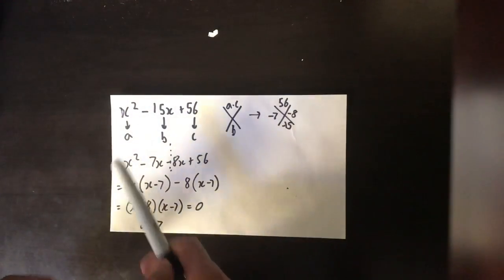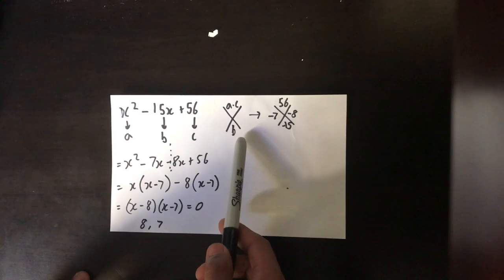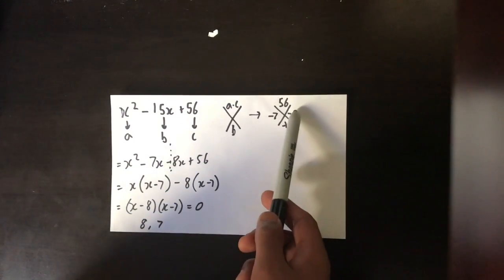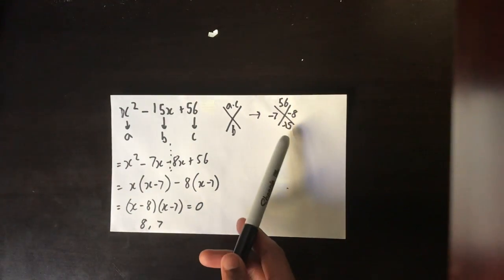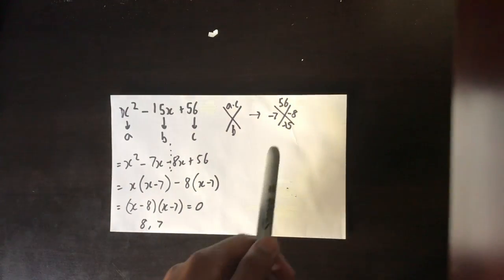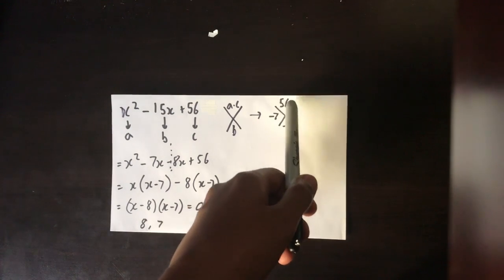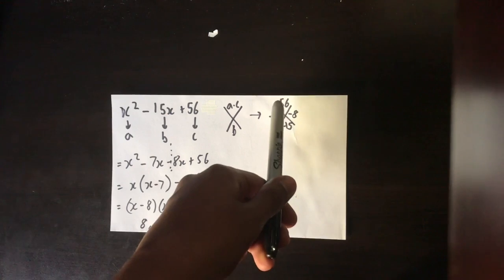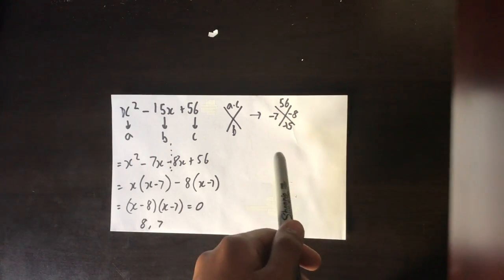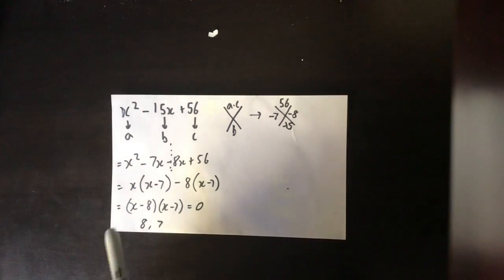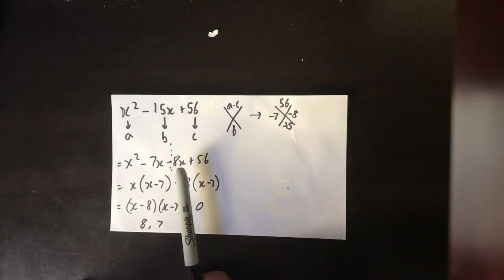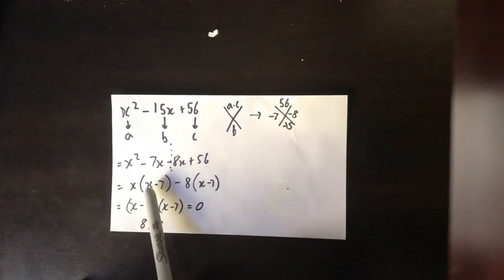To factor this expression, one other trick I learned is to find two values that multiply to a times c and add to b. So we result in 56 and negative 15. Two values that multiply to 56 and add to negative 15 are negative 7 and negative 8. After plugging in negative 7x and negative 8x in for negative 15x,